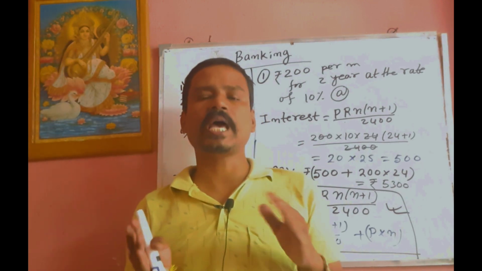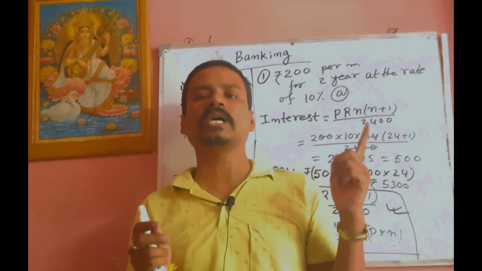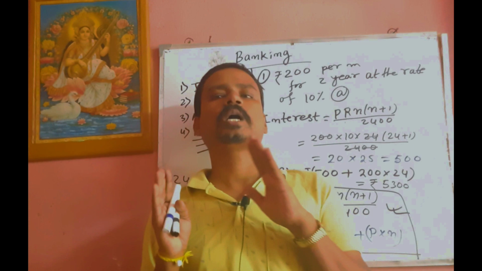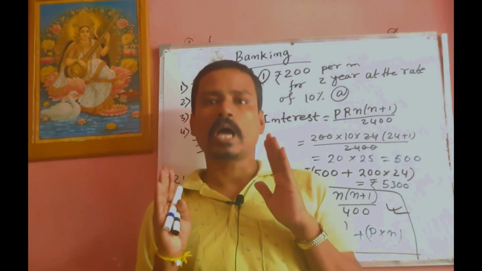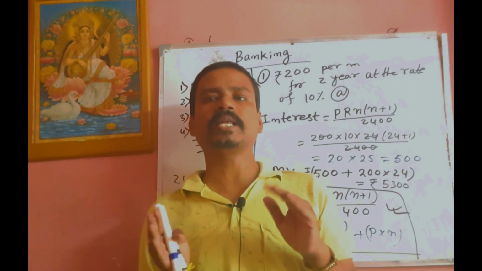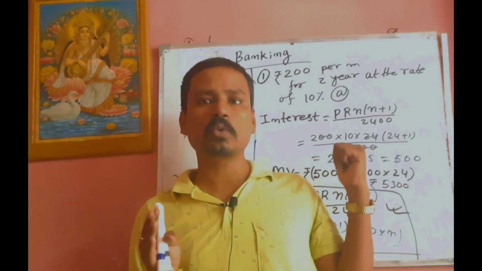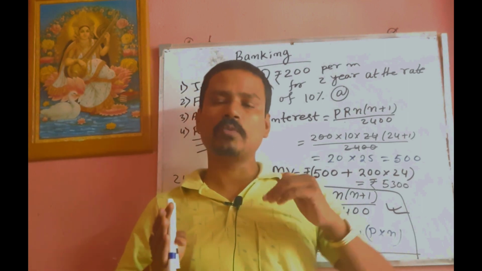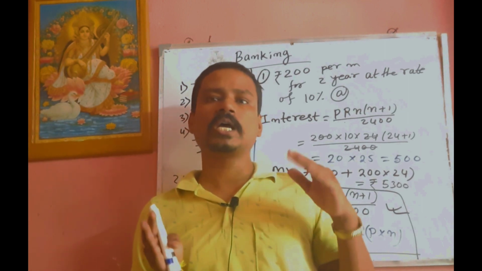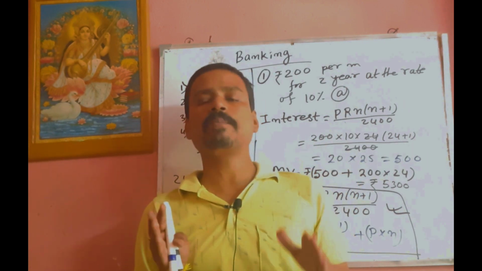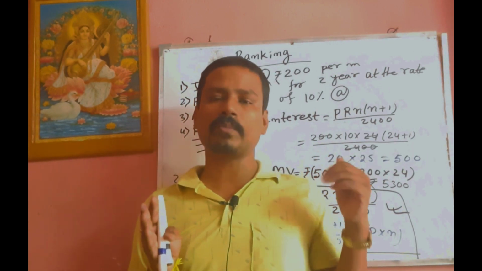I hope today's discussion about the banking chapter of English medium class 10 helps you. Today we discussed the introduction, functions, accounts, the number and types of accounts, and the recurring deposit formula, and one example will help you understand this chapter better. When you practice this chapter in future, this video will enrich your knowledge about this chapter and help you solve the problems of this chapter.